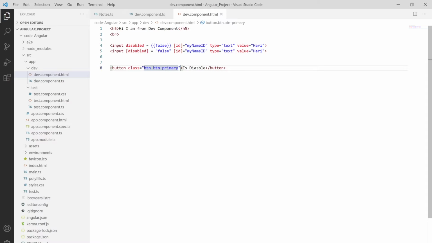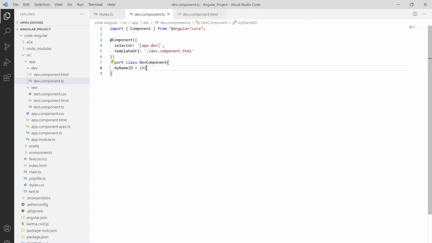So let me use the property binding over here. We have disabled, so let me use disabled over here, and then assign the value, using property binding. Let me save it out.